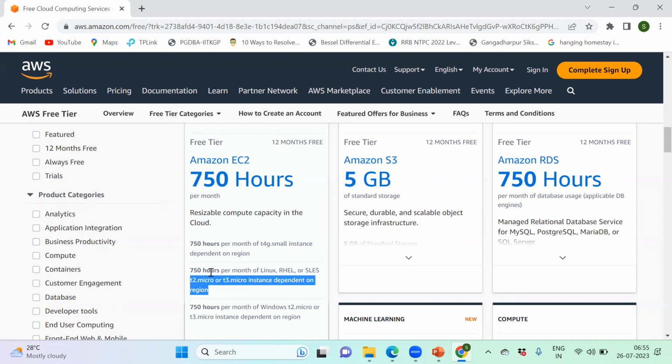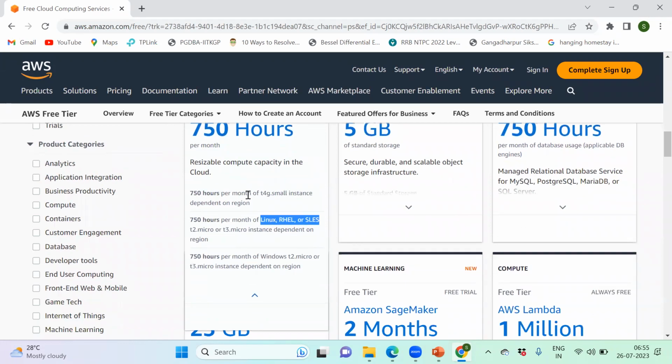Okay, it's saying 750 hours per month, but you need to use Linux RHEL SES. Okay, it is also free. T4 small instance, dependent on region. 750 hours T2 micro. Okay, for Windows systems, T2 micro and T3 micro instances depending on the region.